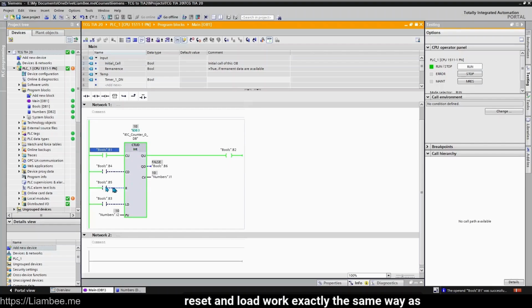And then these reset and load work exactly the same way as they did in their previous counters. If I reset, we go back to 0. And if I load, we go to 10. This is our countdown CD. You can see that it's counting down. And just be aware that count up is still on, but we're still counting down. And that's because we're rising edge protected. So they would have to both be on exactly the same scan